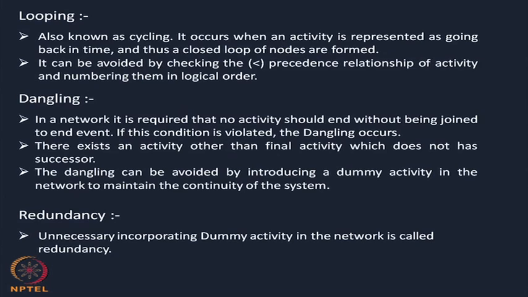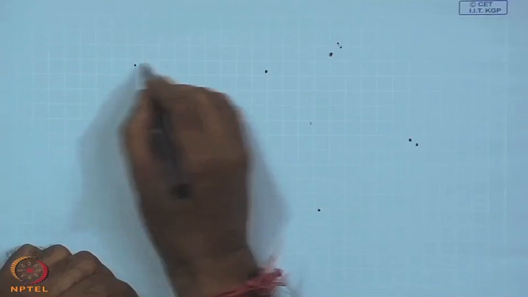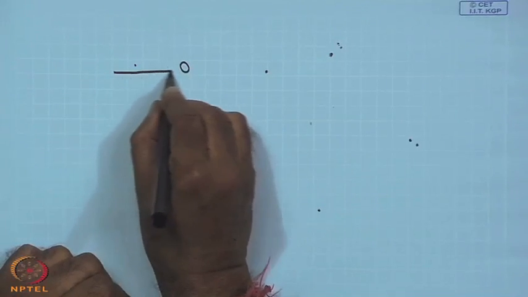So, what is looping? Looping is also known as cycling. It occurs when an activity is represented as going back in time, and thus a closed loop of nodes is formed. From the figure, I think it is not clear, but you may see from here,